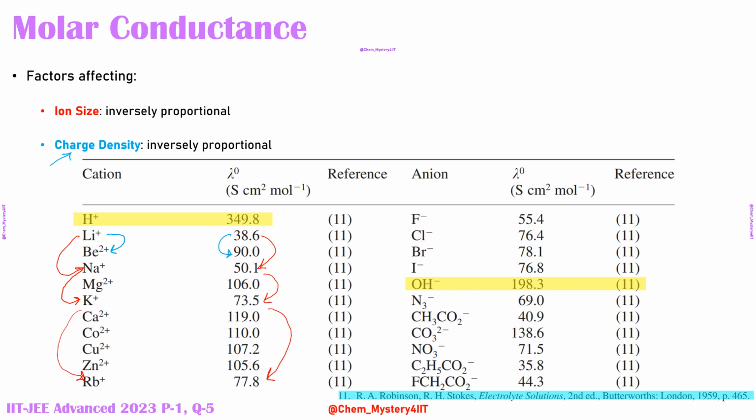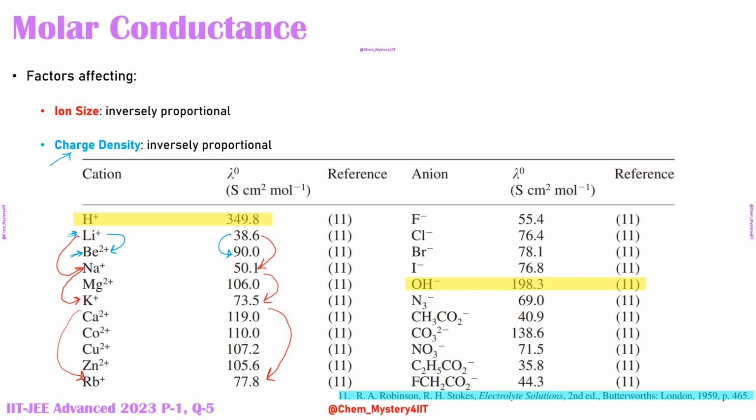The reason being, in the same electrical field, when these ions move under the same applied potential difference, the way a lithium ion moves and the way a beryllium ion moves will differ hugely because of the attractive forces applied. So we cannot compare lithium and beryllium directly, because their attractive forces are going to be completely different. Although the